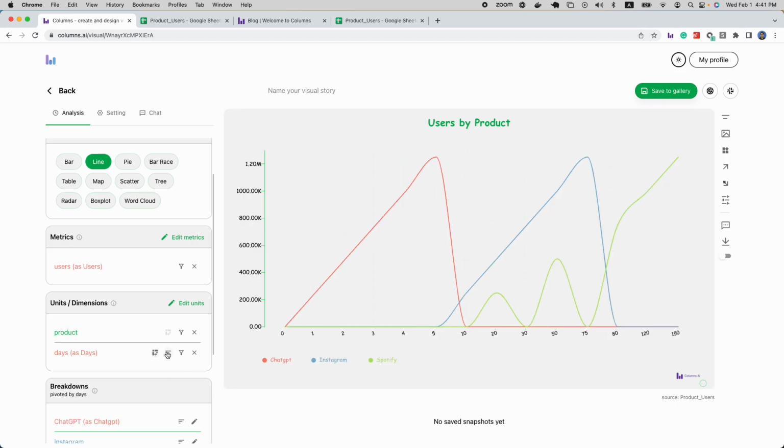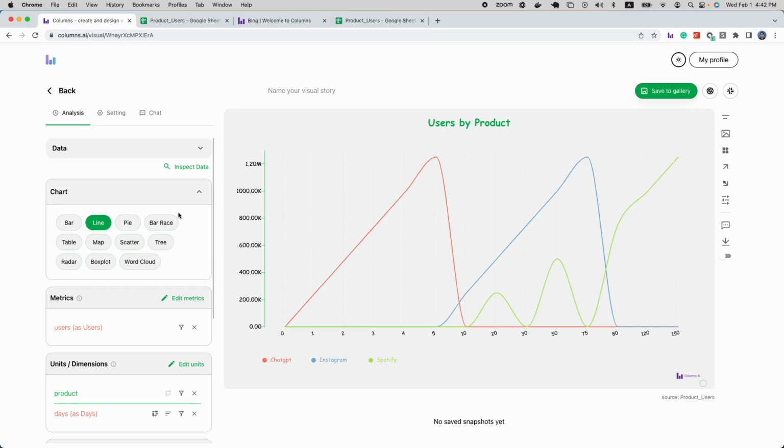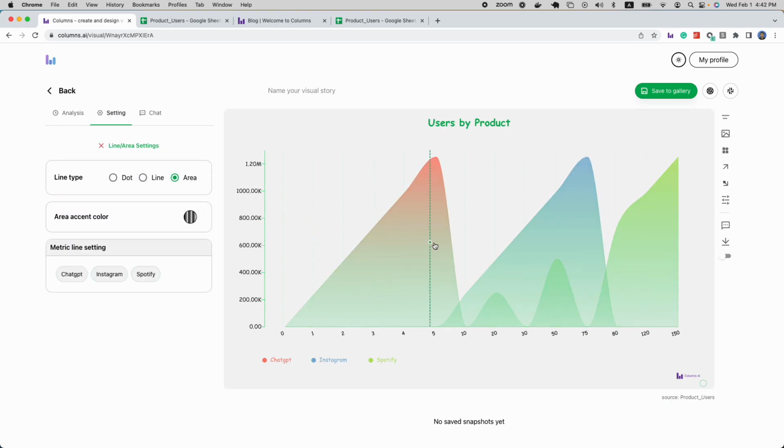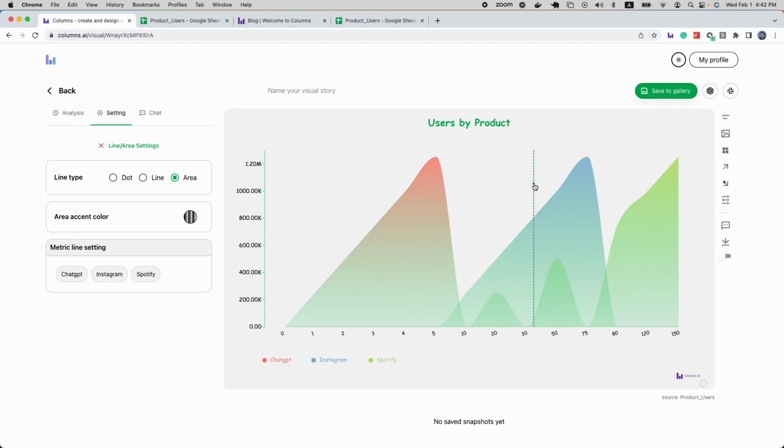If we break it down by product, you can see pivot by days. It basically means for each product, how many days they take to reach that number of users. If we use area to show that, this basically reaches the effect we see